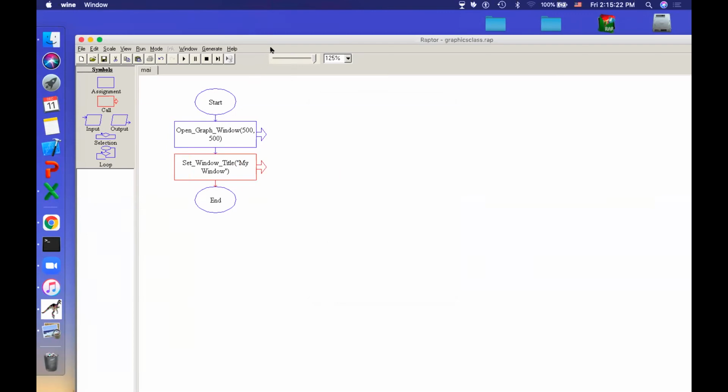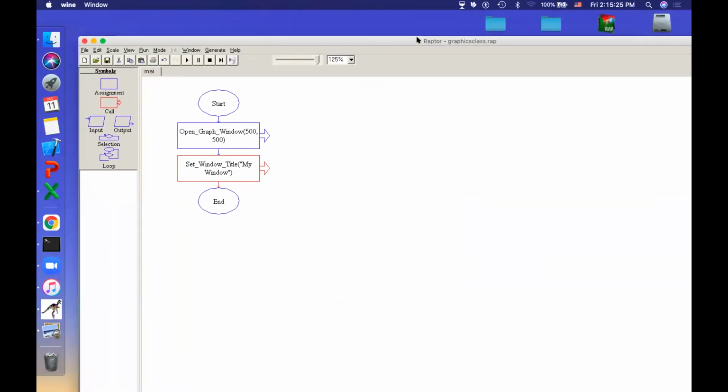So what happens is first I created a window. I have kept a title for it, like this. What had been written was Raptor graphic class dot wrap. So these are the two steps for that. And the next thing that I do is display some text on that. So I need to produce the coordinates. So after this case, I will ask some person to help me in showing the screenshot and click on that help, and we will look into what are the different things that we have done until now. Why 500 500 anyway, that is shown. And you also know what is the parameter. Here we are passing the title, so title will be set.